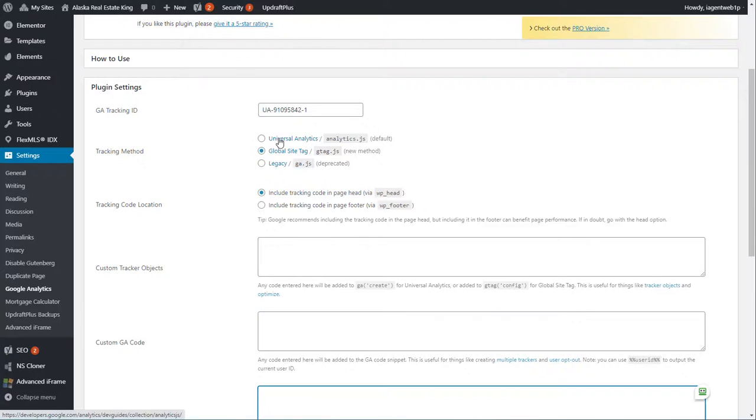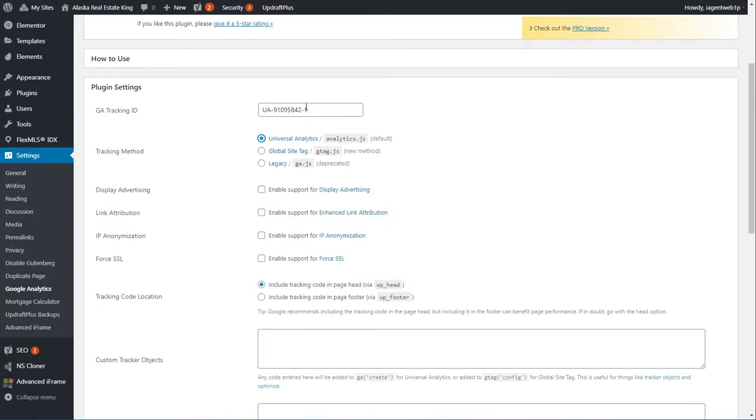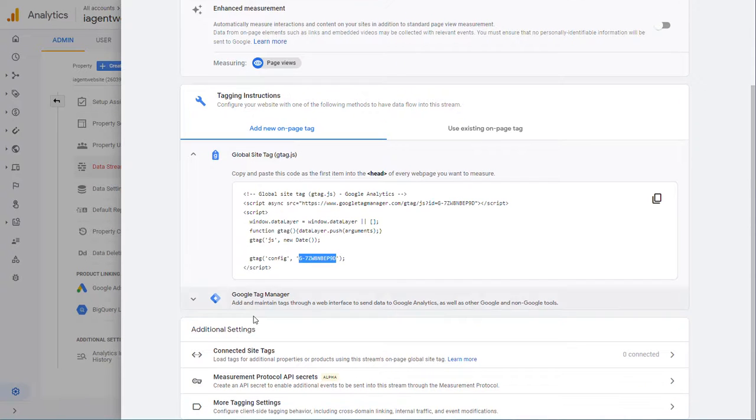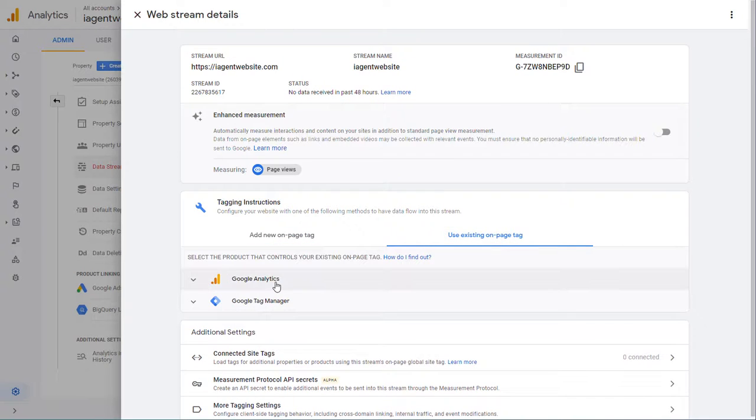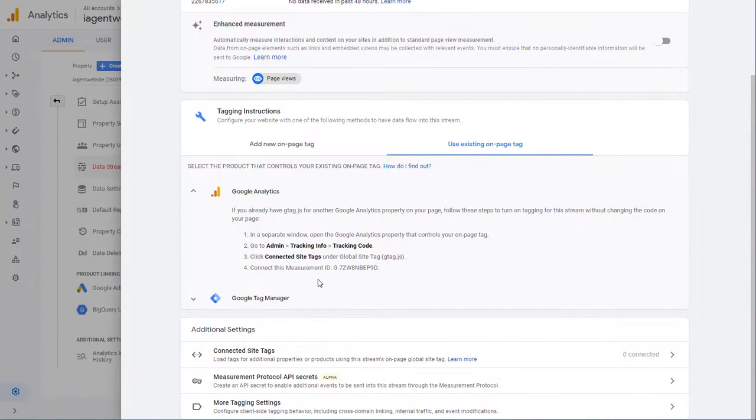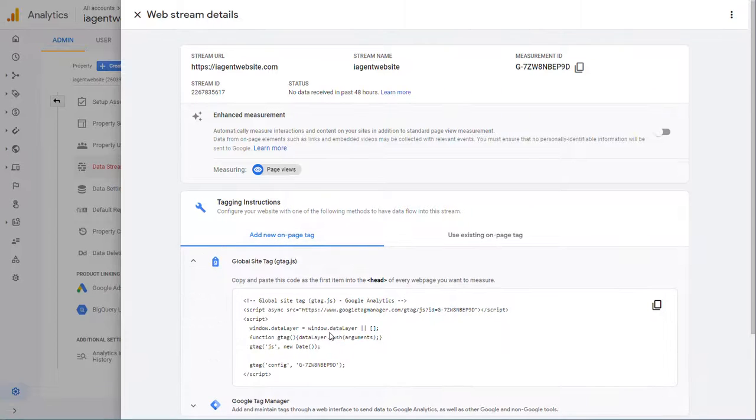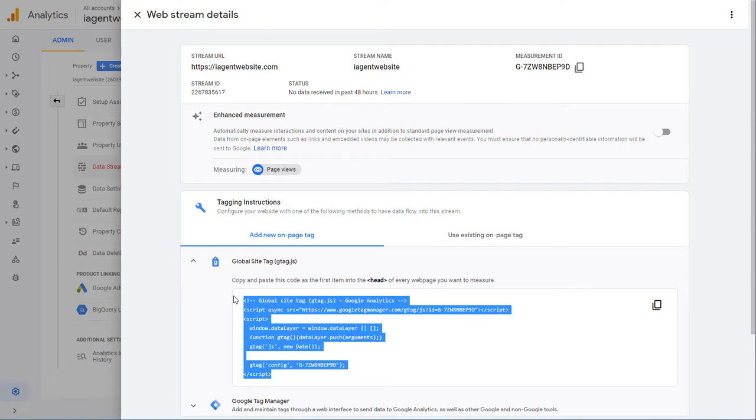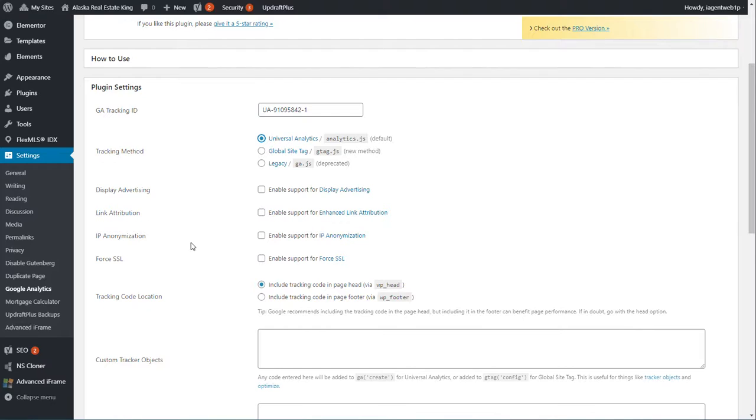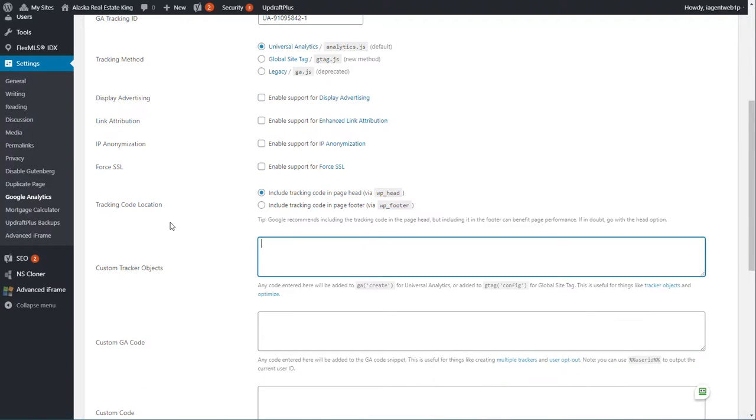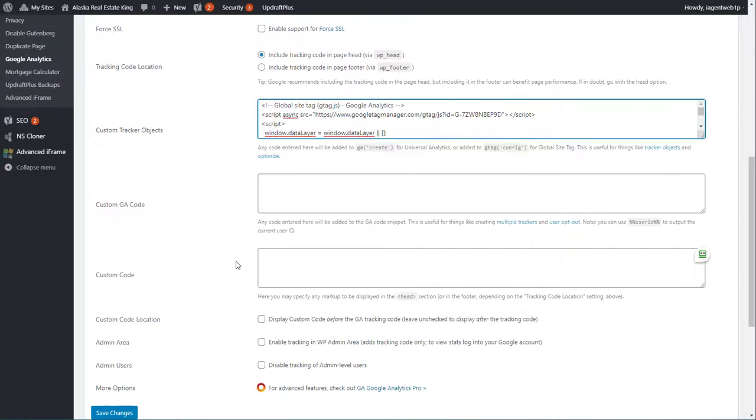If you have the universal analytics, then you would just paste the universal analytics ID here. I know this is a little confusing based on the fact that Google is now changing things around. It gets a little difficult to go from site tag to not site tag and all of that. So just do the site tag, copy the entire thing here. I gave you the wrong instruction. And then tracking code location, put it in the head, and then go ahead and paste it here. And then this should automatically